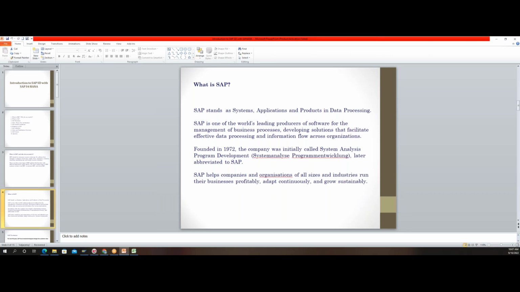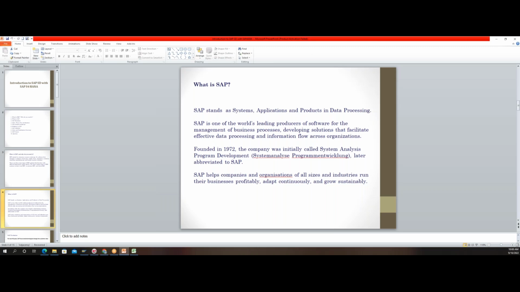Now, what is SAP? SAP stands for Systems, Applications, and Products in Data Processing. So it is all about data processing. We all understand by now. If I say departments in an enterprise, we have finance department, planning department, quality department, sales department, human resource department. So there are so many exclusive departments who do their job, who perform their day-to-day transactions. So what do they do when I say day-to-day transactions? They process the data.